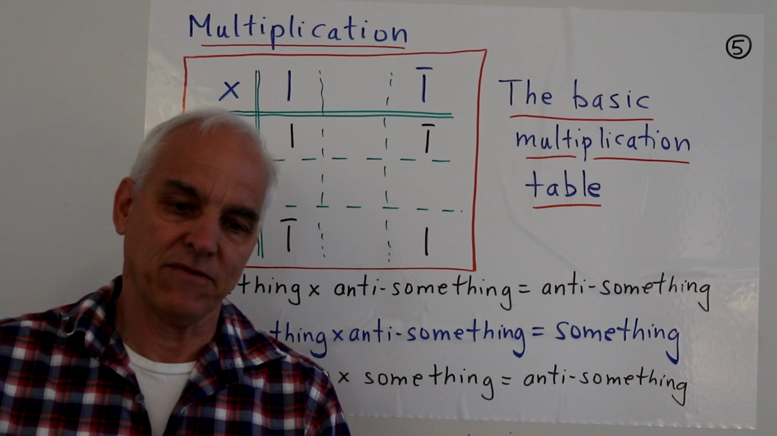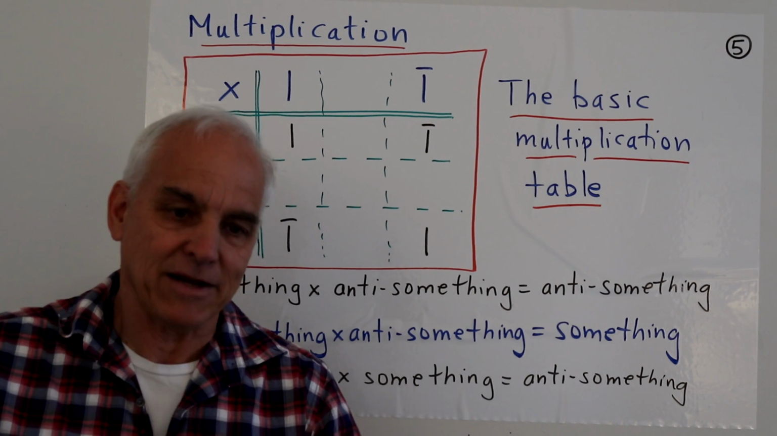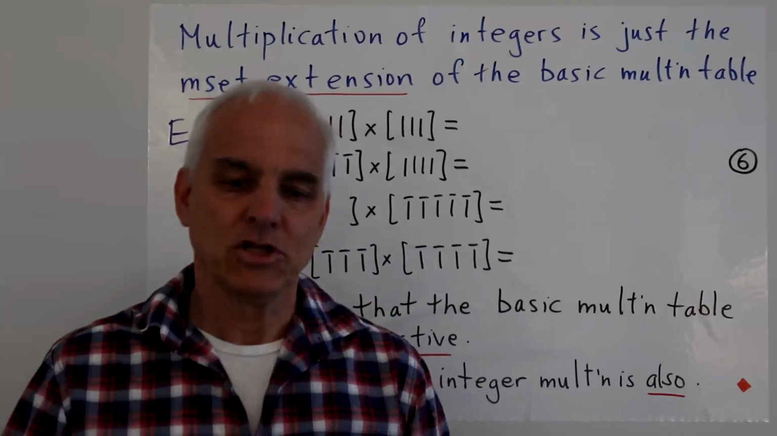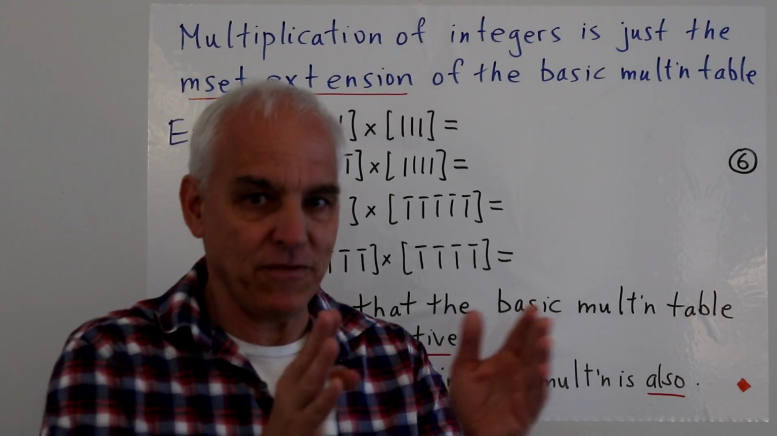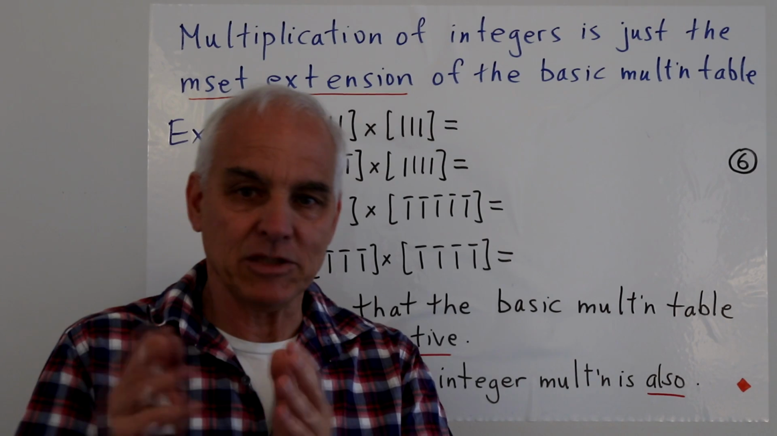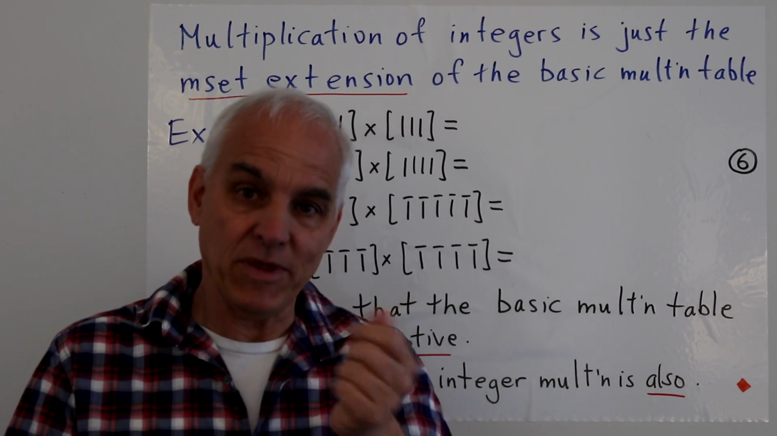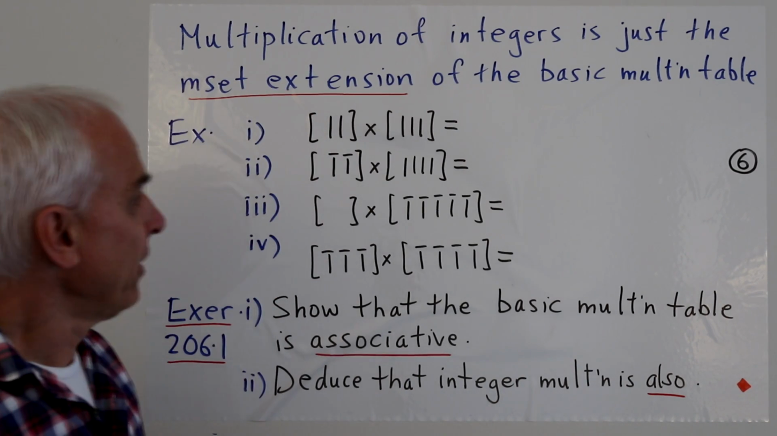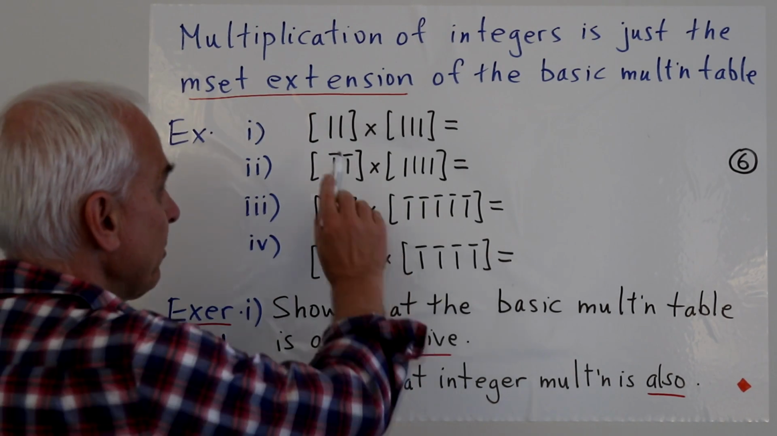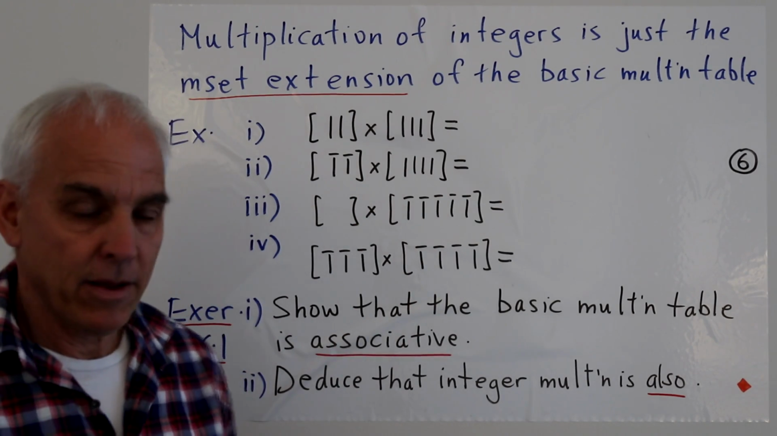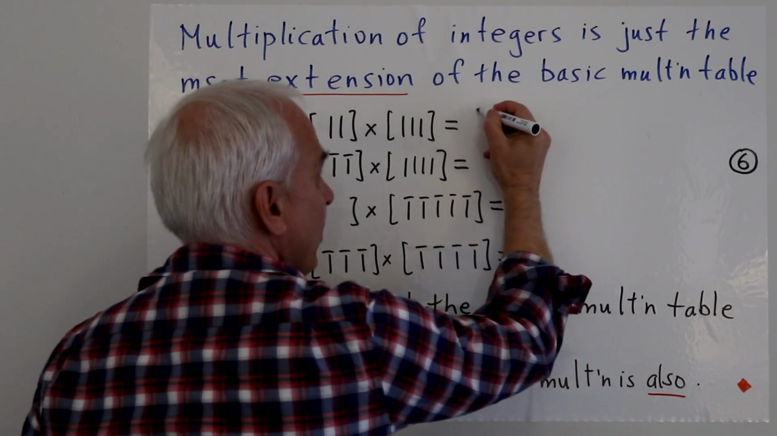The usefulness of this will make it clear that this is a good definition. So once we have the multiplication of the ingredients, then the multiplication of m sets, in this case integers, just follows from the m set extension. So for example, if we multiply mark mark times mark mark mark, what we do is we create a new